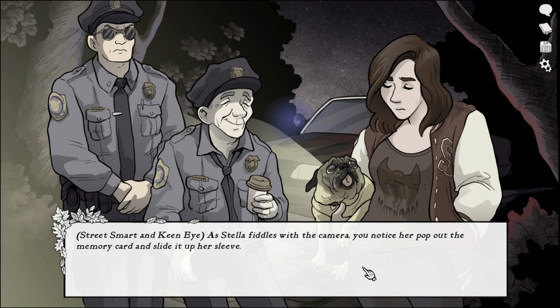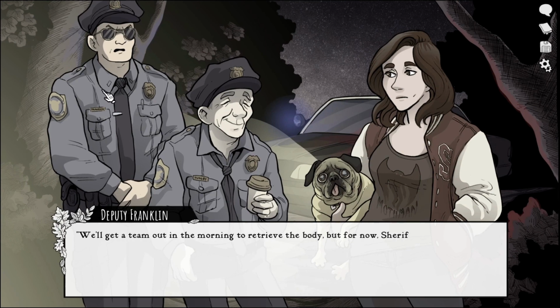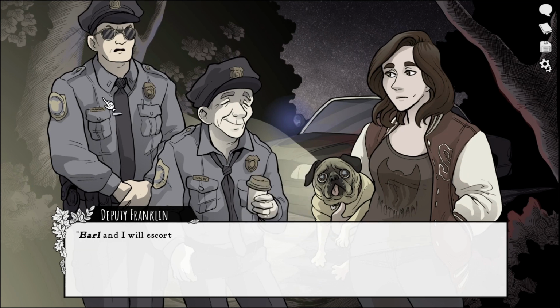As Stella fiddles with the camera, you notice her pop out the memory card and slide it up her sleeve. Here you go, Deputy Franklin. Who is speaking? He is? We appreciate your compliance with the law. We'll get a team out in the morning to retrieve the body, but for now, Sheriff Huckby and I... Please, call me Earl. Earl and I will escort you and...